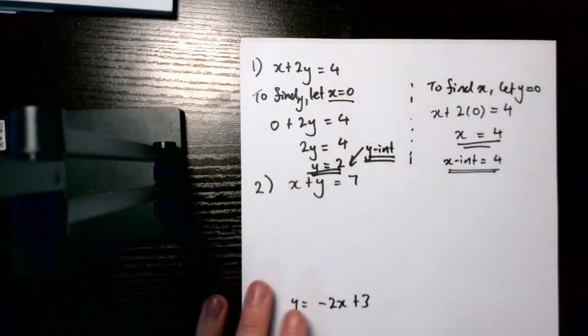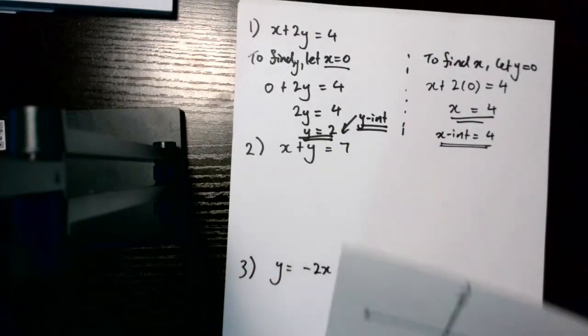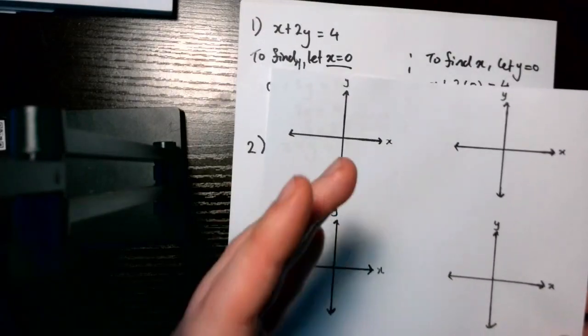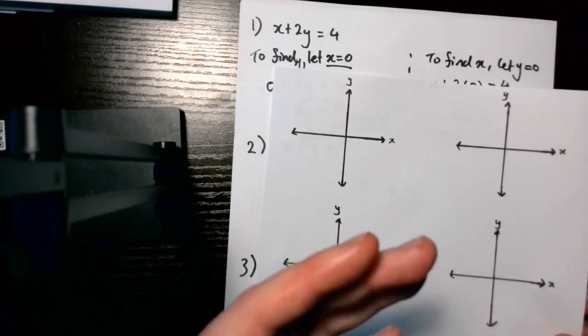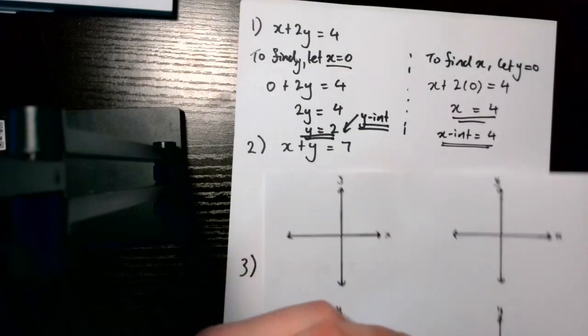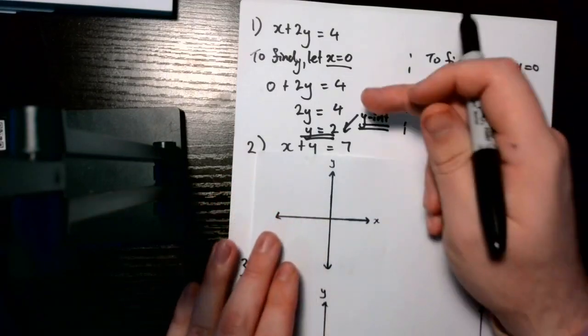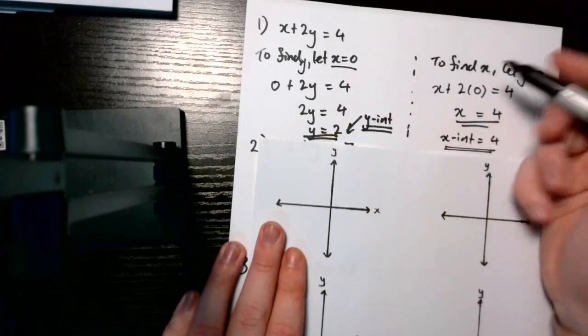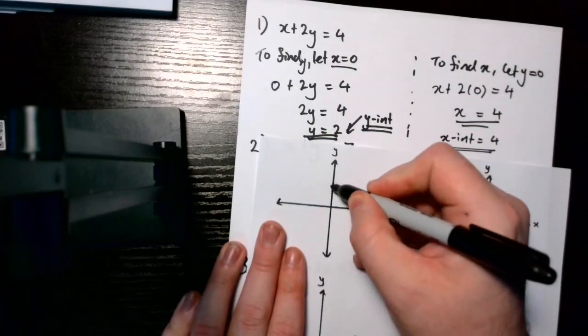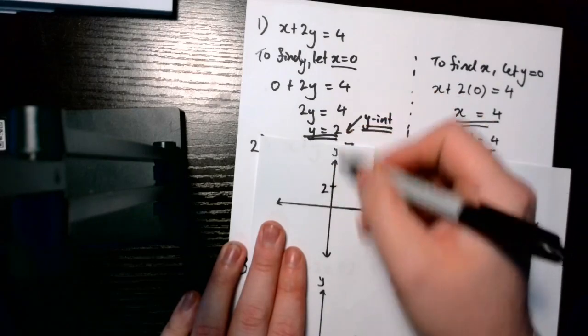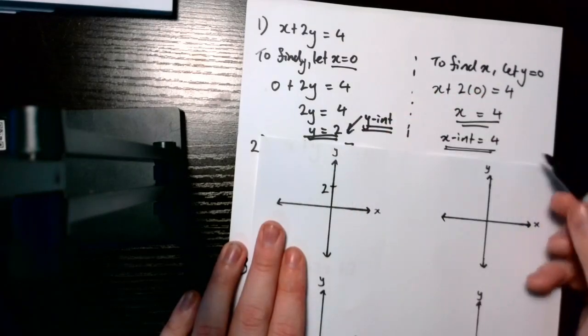So to graph this line, we don't necessarily have to use a Cartesian coordinate. We can if we would like, but we don't have to, particularly when we start ending up with fractions. All right. So what I like to do is I like to put my y-intercept down first, okay, and it's going to be a y-intercept of 2 on the vertical axis. Remember, y is vertical, and then we've ended up with an